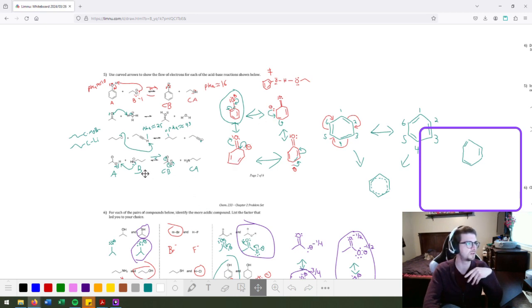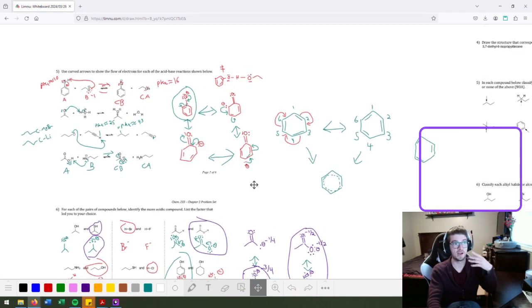And then we talked a little bit, looks like we didn't draw anything, but we talked about how inductive effects also can help to stabilize those charges, because a charge that is more spread out is happier. We do not like to have focused charges, and anything that reduces the charge density is going to be a stabilizing effect. And then we went over a little bit about what resonance structures actually are, because resonance structures are not